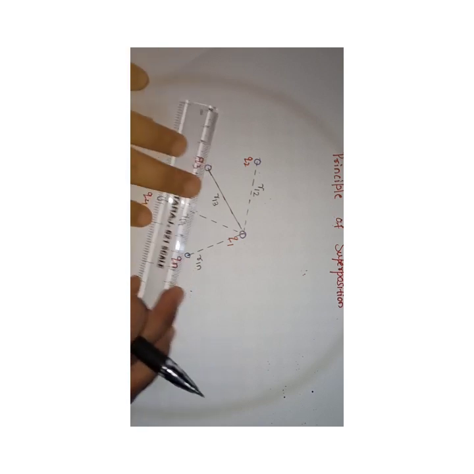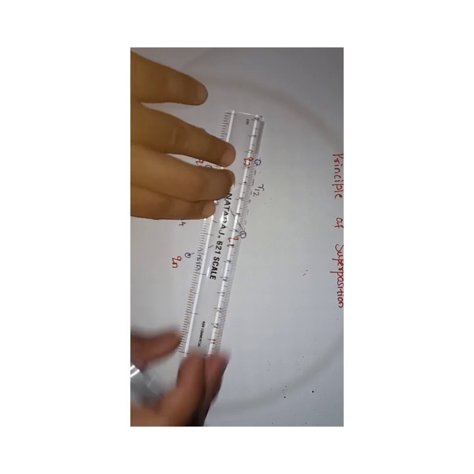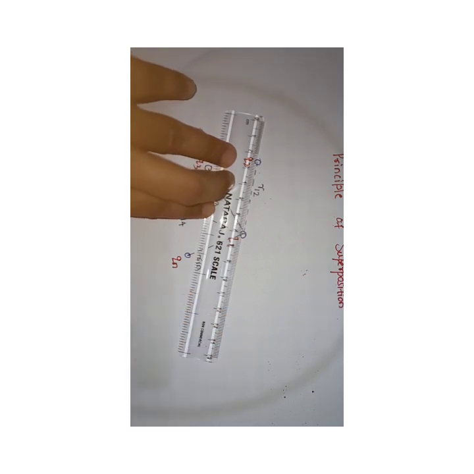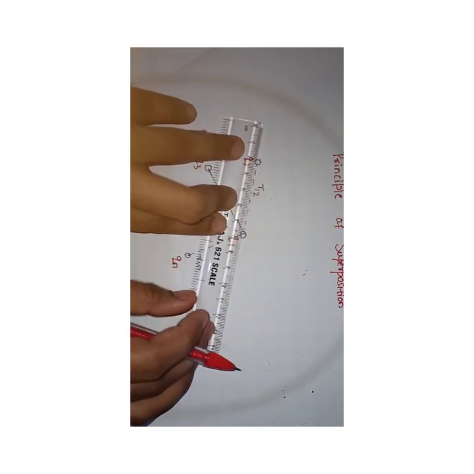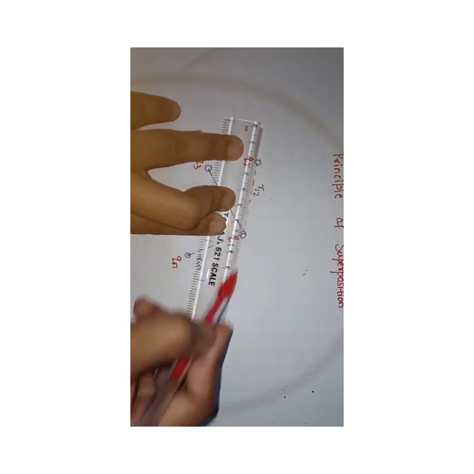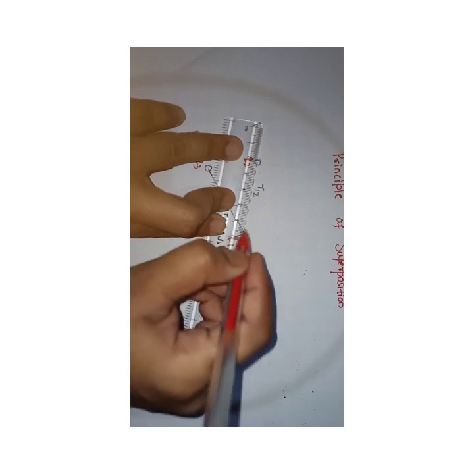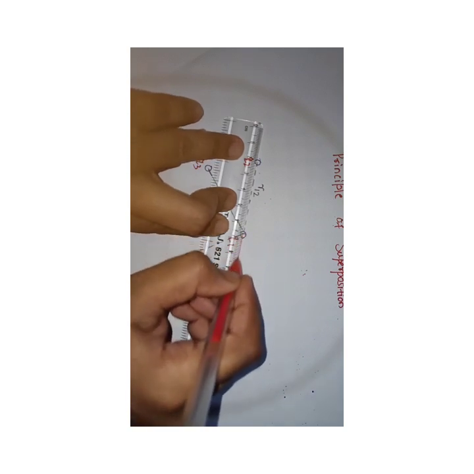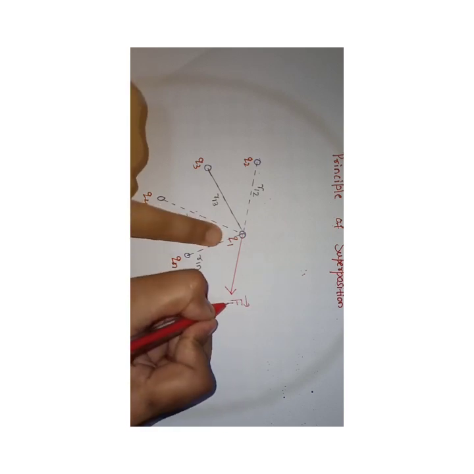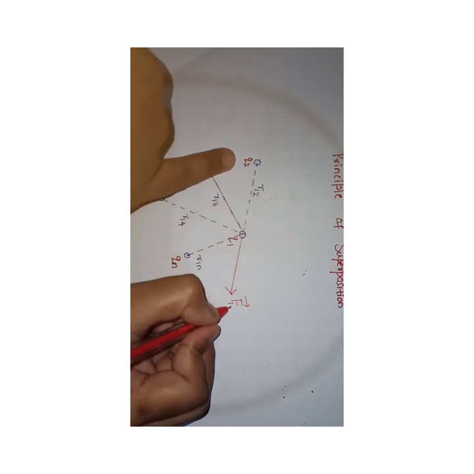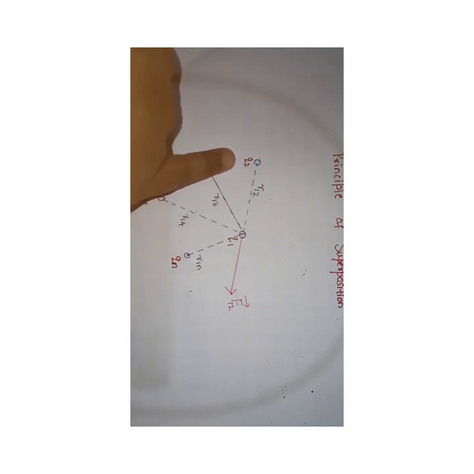Very simple. Now we'll draw the direction of force. Just see here, Q2 is exerting force on Q1, in which direction? Q2 to Q1, right? So I'll extend that. This is the force acting on the first charge by the second charge, Q2.